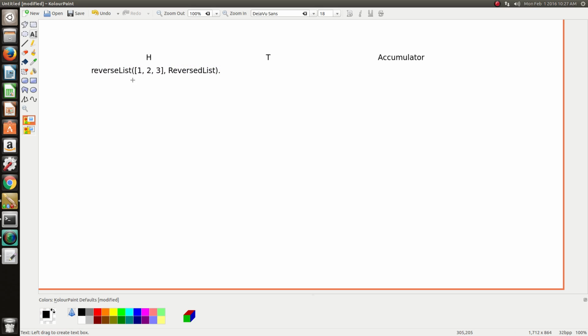So we'll provide a list here, and then this will be the variable that stores the final result, which will be 3, 2, and 1 in the opposite order. So essentially we want to follow the same strategy as before: we want to isolate the head and tail separately. So the first step is that the initial head will be 1 and the tail will be 2 and 3,